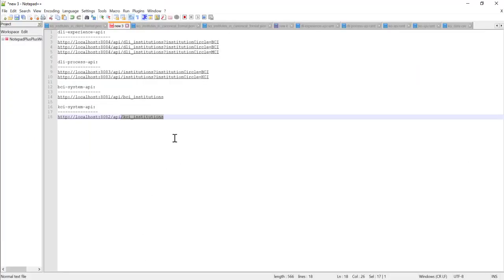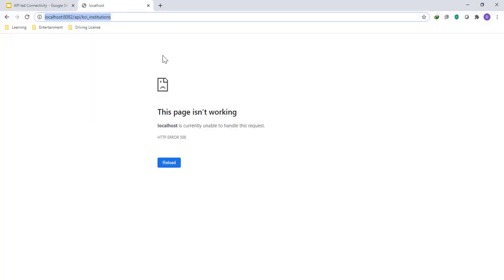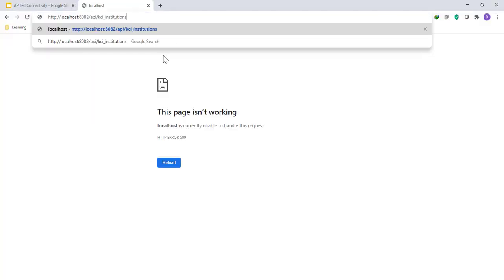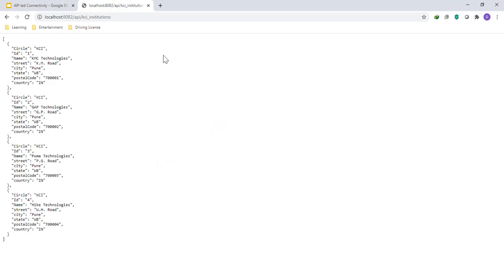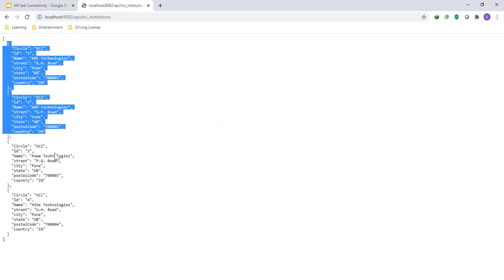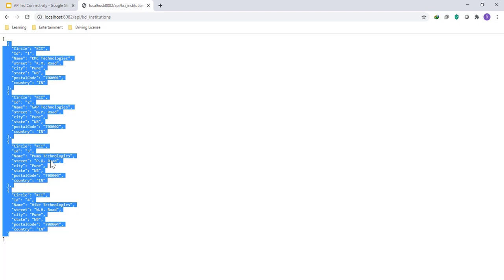So we will quickly have a look at how the CSV data is fetched using the KCI system API, and how the data looks. As you can see, the KCI specific data is being fetched from the CSV file, and then that data would be sent back to the caller, right?